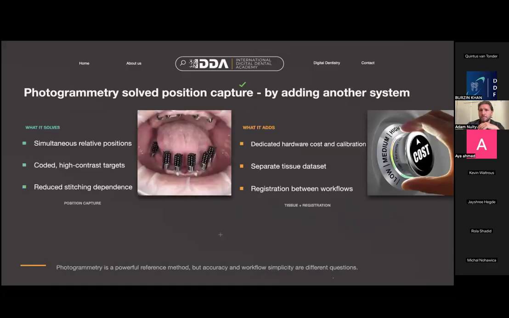So photogrammetry solved the position capture, but it added the issue of cost and also the dedicated hardware cost and calibration issue. But more importantly, in terms of the facial analysis and planning that we had at the beginning, one thing